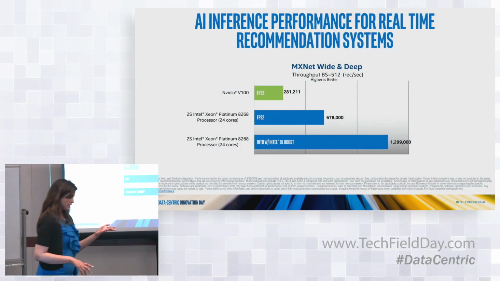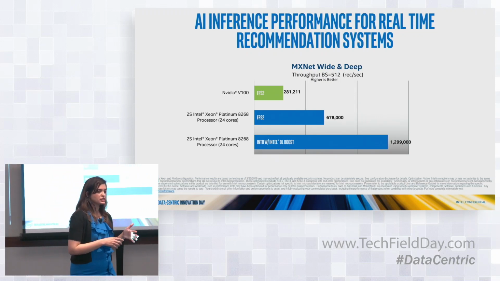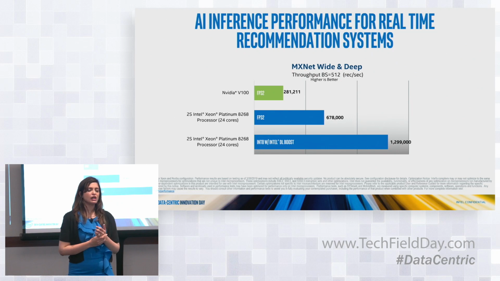Okay, so now I want to get into the comparisons that we talked about. We've been talking about recommender systems and different types of workloads that we've been looking at. We want to deep dive into one such workload that's very important to the cloud. Recommender systems represent approximately 60% of AI inference in the cloud. As you know, about 80-90% of inference in the cloud runs on Xeon. And a big part of that is also the Xeon affinity for some of the workloads that run in the data center.